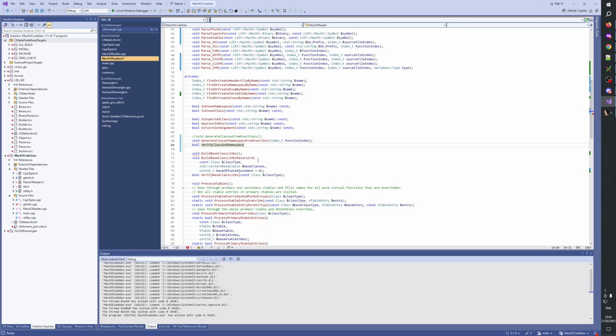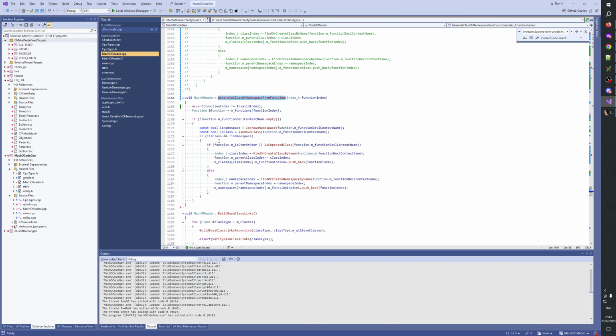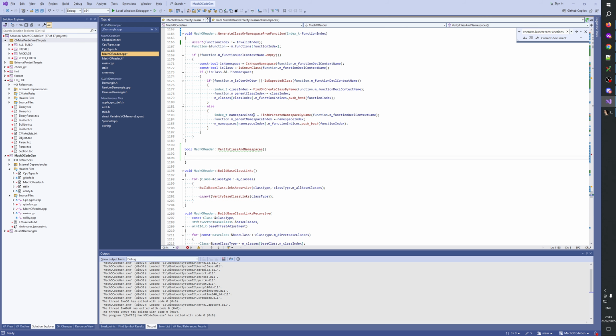Verify class and namespaces. Okay. And then here, make a new function. There we go. There, and then here we take this stuff here,